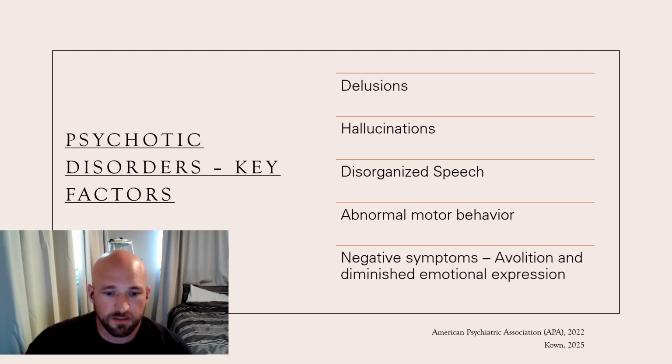The second is hallucinations. A hallucination is whenever they perceive something even though there's not a stimulus. So they're either seeing it, smelling it, hearing it, even though it doesn't exist. The most common of these are auditory hallucinations. They'll hear voices, for instance, telling them things. The voice doesn't exist in the real world, but they are perceiving it in their brain.